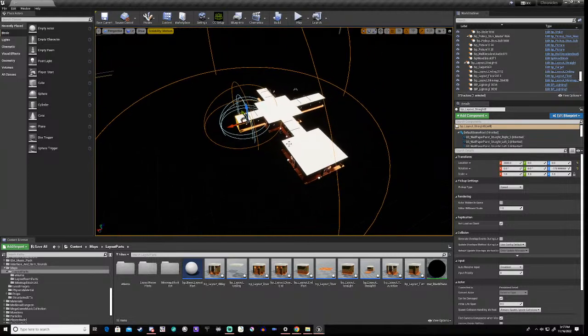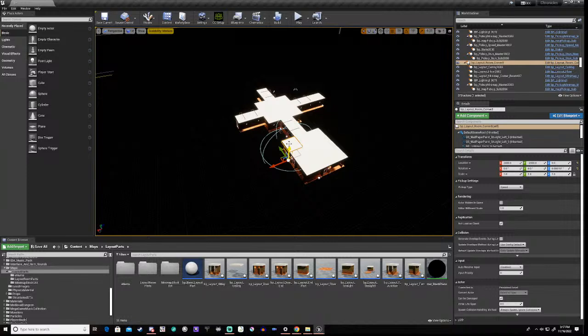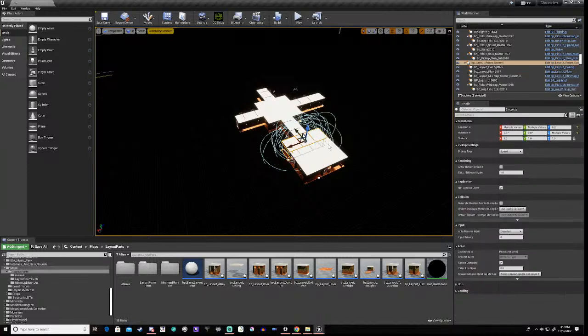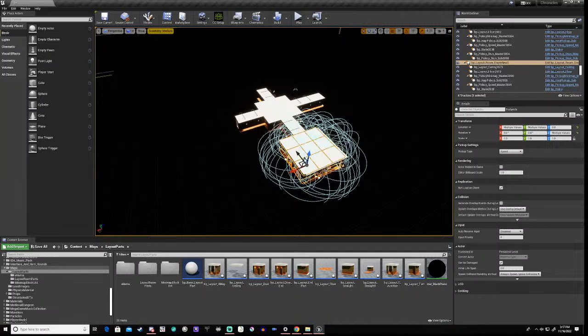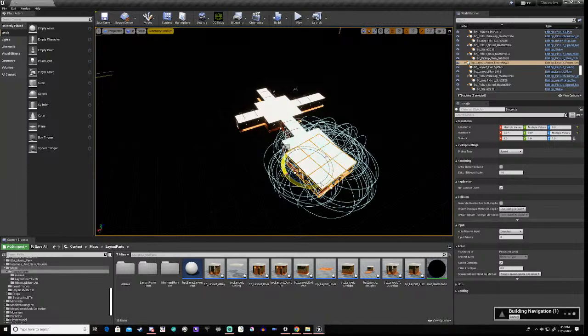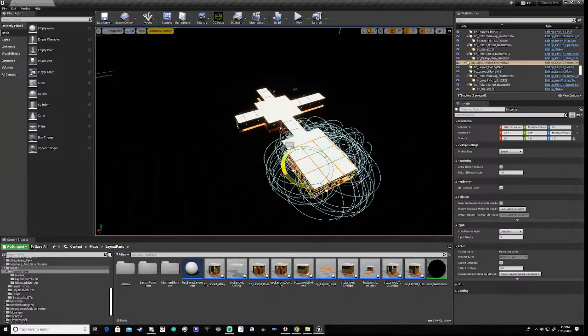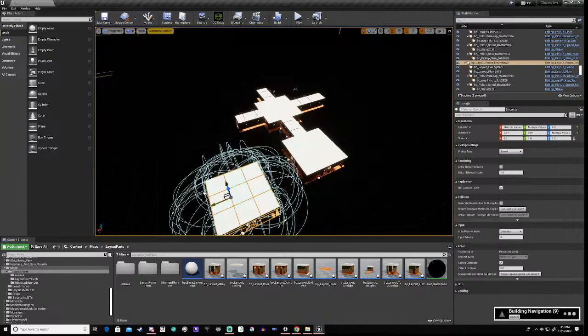Right now, what I could do here is basically make another one of these, spin it round 90 degrees, and then have it